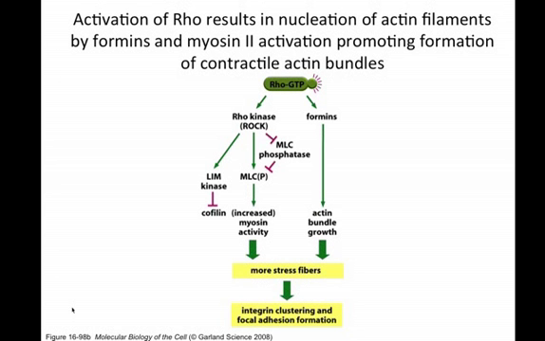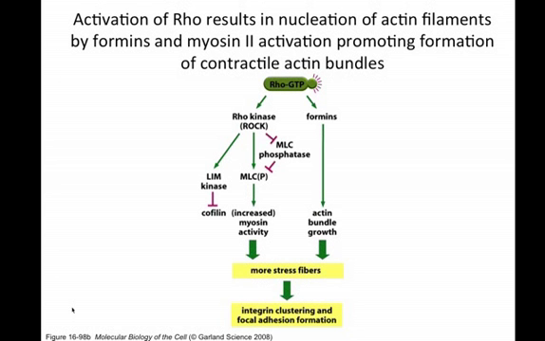So here you have Rho being activated, which activates formins, and then you get the actin bundle growth, so you get the stress fibers. And then it also activates this kinase, which inhibits this phosphatase, which inhibits this MLC,